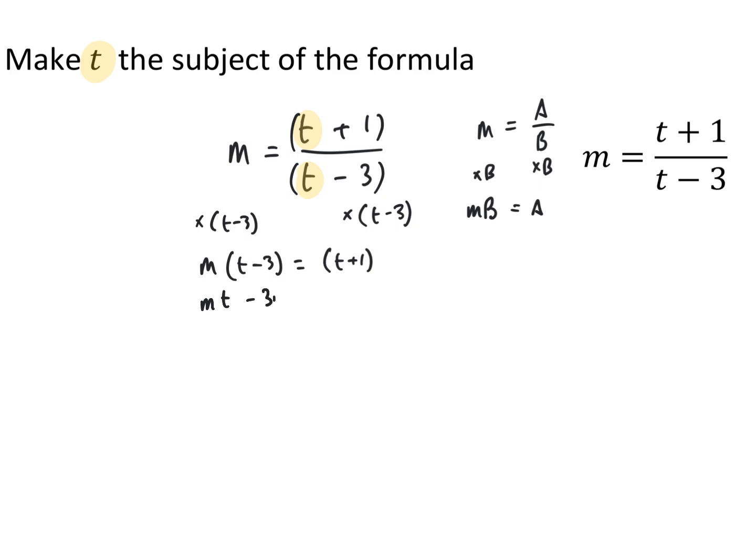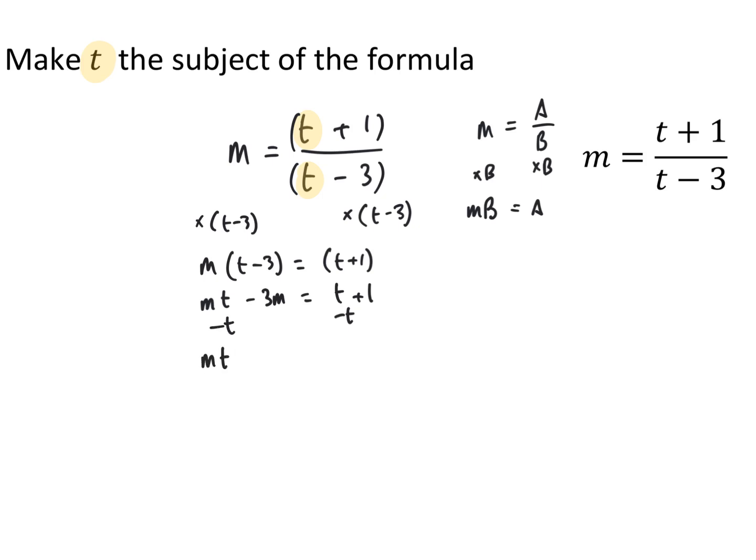So I've got mt minus 3m. On the right hand side, that's just t plus 1. And I'm going to bring all the t terms over to the left hand side, and if it doesn't have a t term, I'm going to bring it over to the right. So I'm going to start by subtracting a t from each side. So that's going to